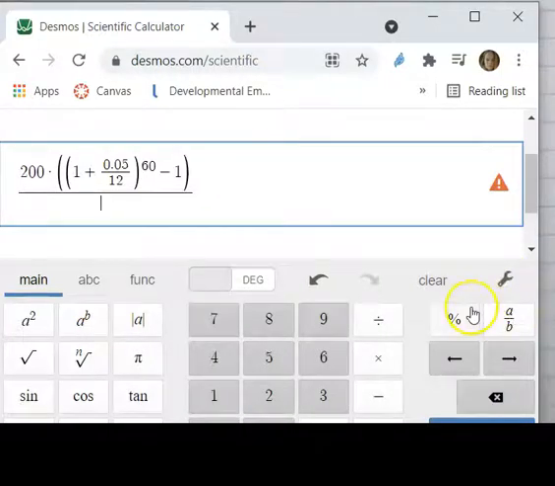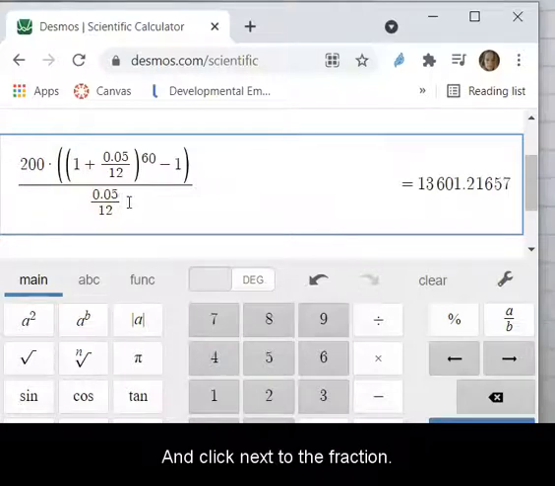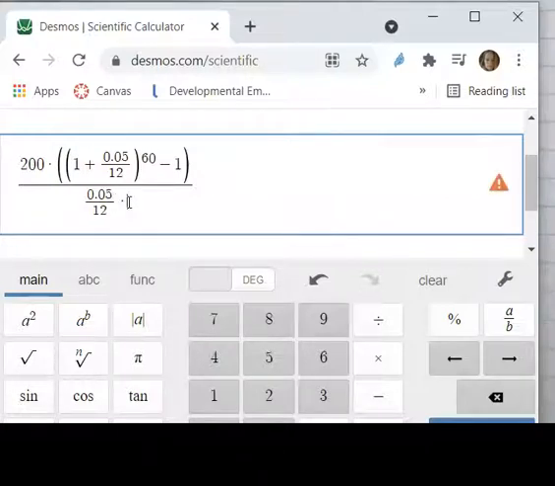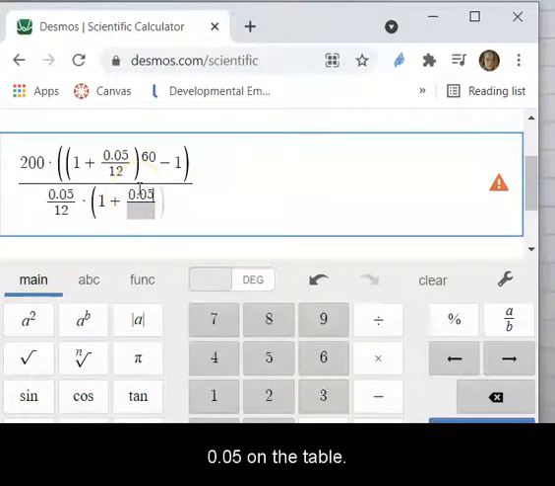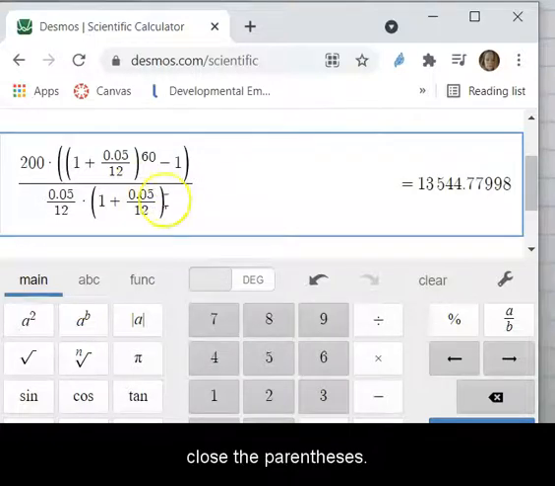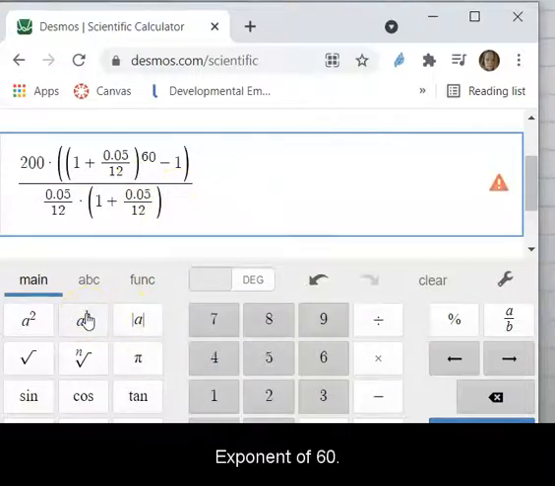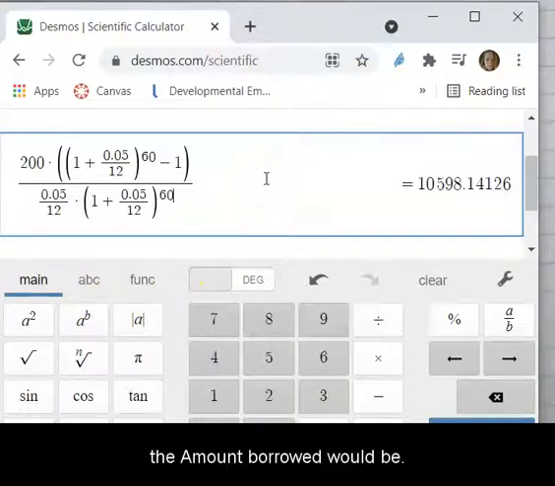a fraction, 0.05 over 12, and click next to the fraction, times, parentheses, 1 plus another fraction with 0.05 on the top, 12 on the bottom, close the parentheses, exponent of 60. Okay, so according to Desmos, the amount borrowed would be approximately